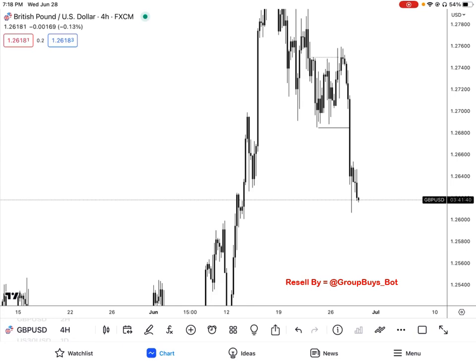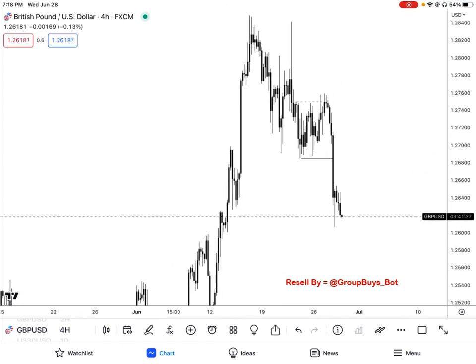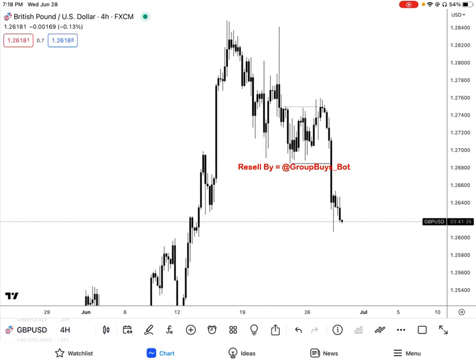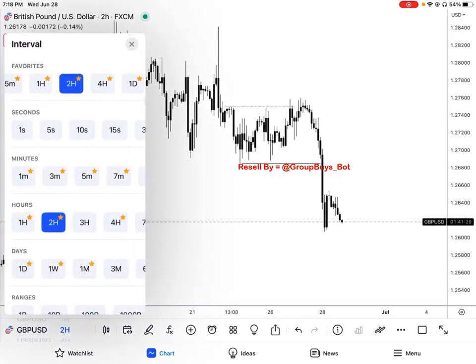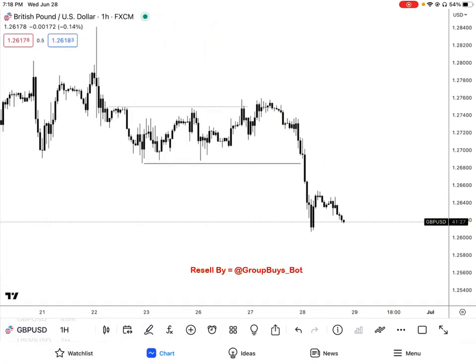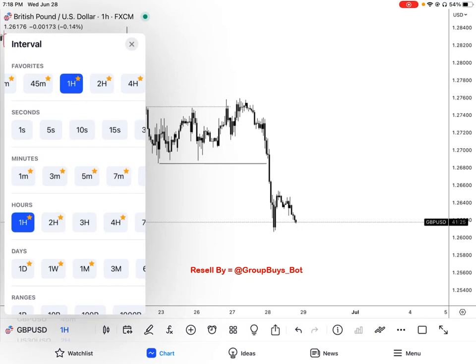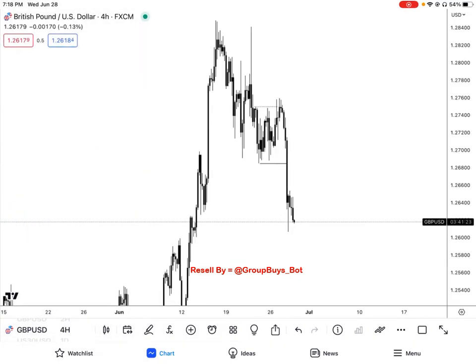So usually I like to start off on the 4 hour. This is a good example because price had just had a massive move to the downside. Usually I will look at the 1 hour first, but because we had this huge move to the downside, I do want to look at where we are on the 4 hour first. And right off the bat,